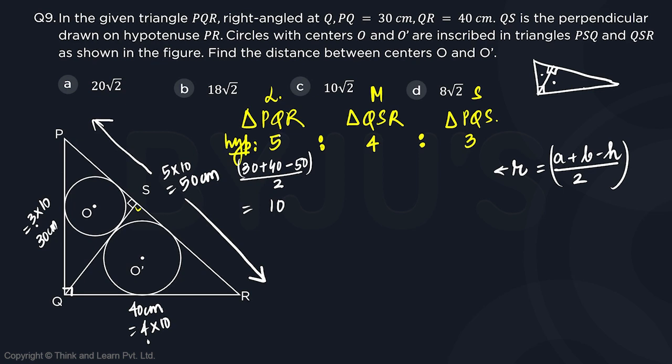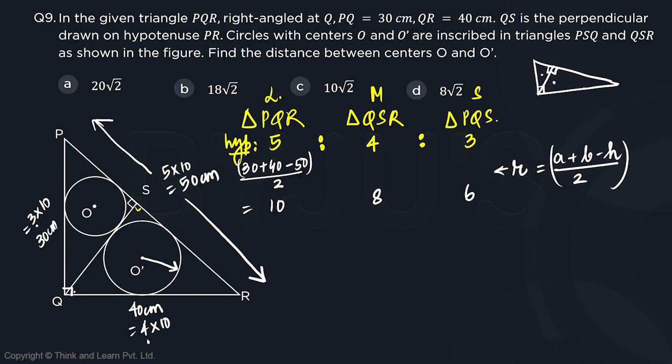So if 5 represents 10, as in if the largest triangle has an in radius of 10, then the medium sized triangle will have an in radius of 8 and the smallest triangle will have an in radius of 6. So we figured out the in radii of the 2 circles pretty quick